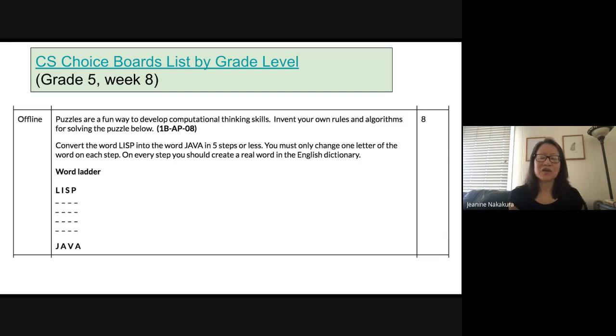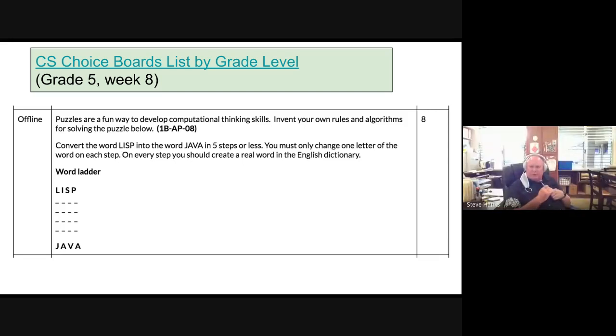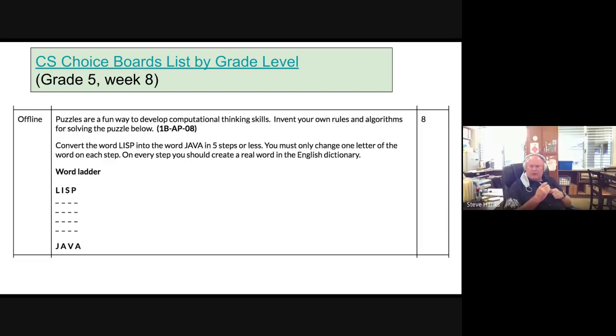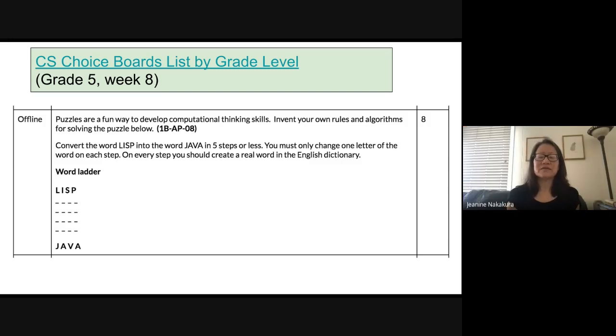Steve, are you doing it in your head? Yeah, limp would have to be first because you can only change one letter. Good thinking. And the question I would have is, can I change the order? It looks like just that one letter changed, so the order L, I, and P has to stay there? Okay, so Steve, you're saying after Lisp, you would put limp. Okay, so what would be the next word after limp?